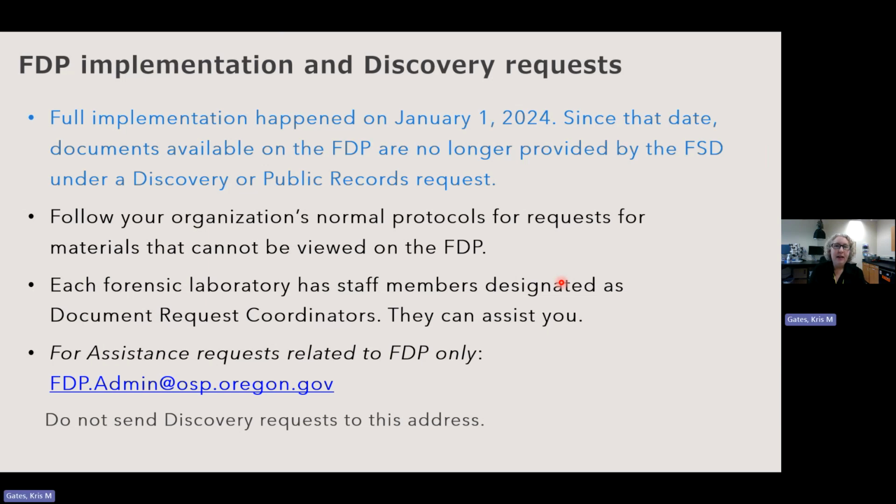A little bit of a timeline and where we are now with the FDP. When I'm making this training video, it is the end of July 2024, and we have fully implemented the FDP for over 6 months. We started January 1st of 2024. So since that date, the documents that are available on the FDP are no longer being provided by the FSD staff under a discovery or public records request. So you are able to get them just through that FTP screen, and you don't need to go through us